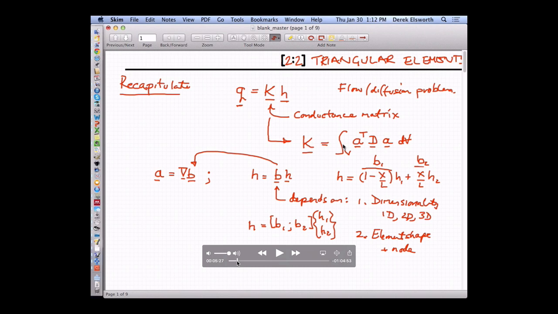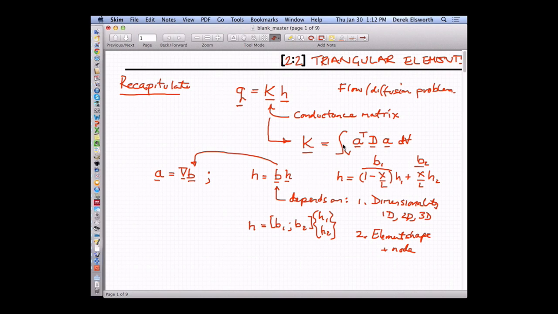But just to recap, so far we're talking about flow problems only. We chose to do that, as you know, because there's a single degree of freedom or a single dependent variable prescribed at the nodes. The variables at the nodes are defined as either heads or fluxes. Fluxes are not vectoral quantities, they're just scalar magnitudes which are positive or negative, depending on whether they're in